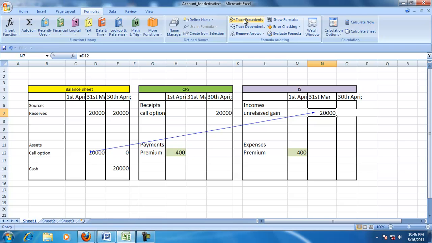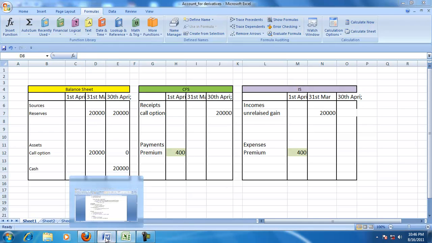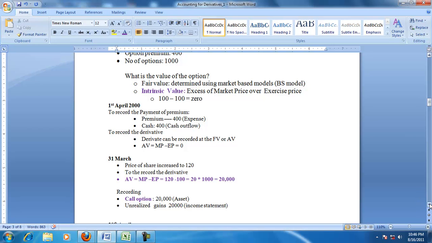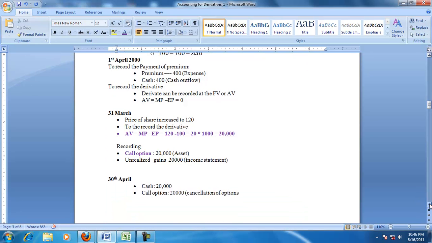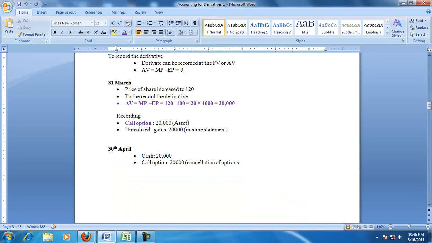And since there are no other incomes and losses, we put the entire unrealized income as a part of the reserves. I put that entire amount there, because we are not doing the entire financial statement now. So on the last day, when the option is exercised on 30th April,